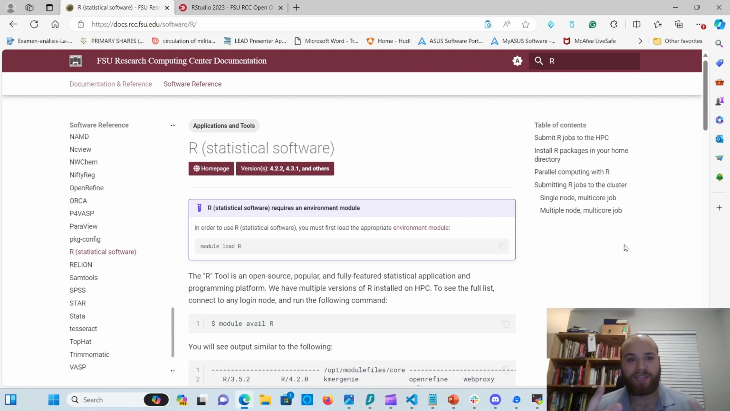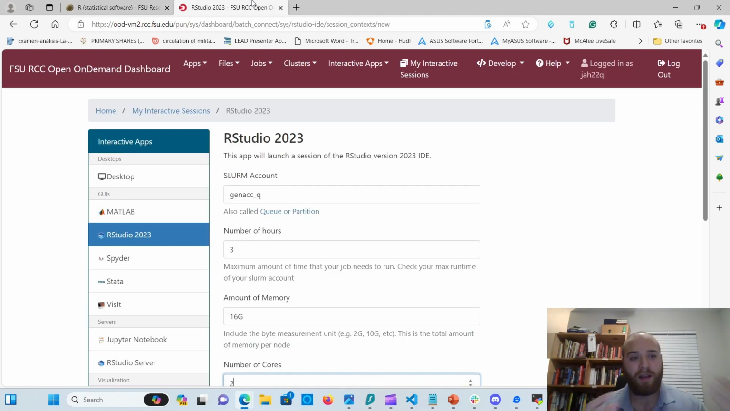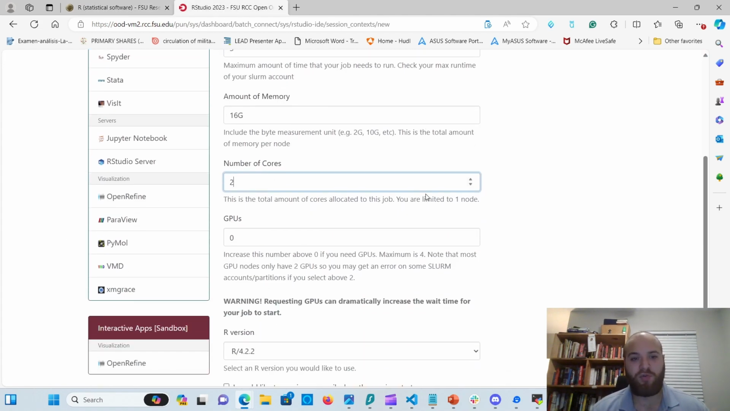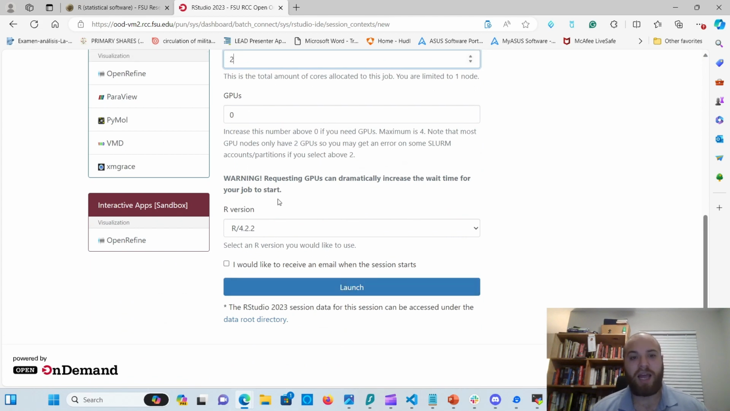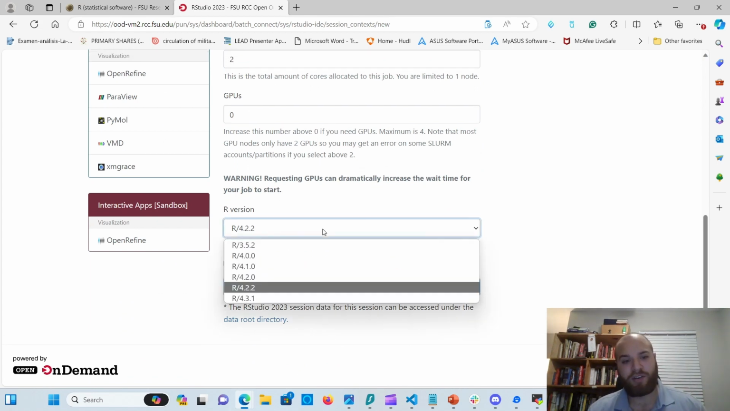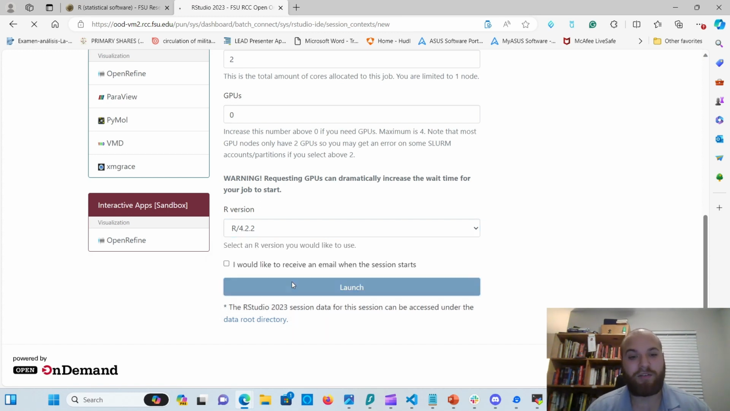Okay, so there are two ways that you can use it through our research computing systems. The first is to use the Open OnDemand dashboard, right? And to submit a job. So we're going to go ahead and do that now so you can see what that looks like. Caveat, please make sure that your version is whatever you want it to be. The default is 4.2.2. Okay, but there are multiple versions there, and if you have code that is a bit older,